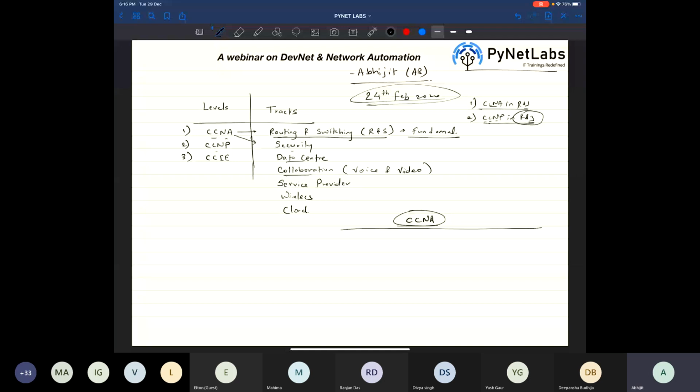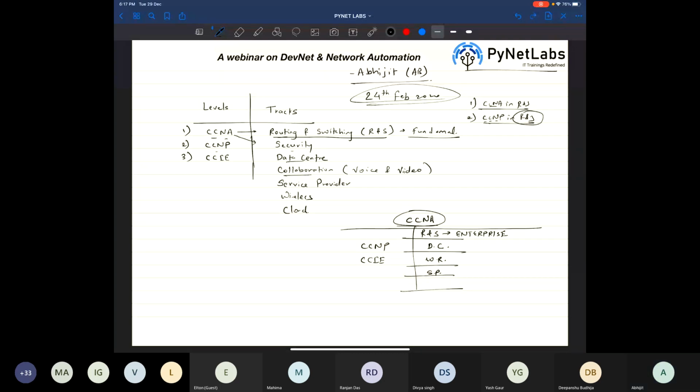And how it works now is the track choice will start from CCNP. So if you're doing CCNP or CCIE, then you have the ability to choose between different tracks. And now routing and switching has become enterprise. It's enterprise network now. It's no longer called routing and switching. And then you still have a call to make, whether you want to go for data center, wireless, service provider,